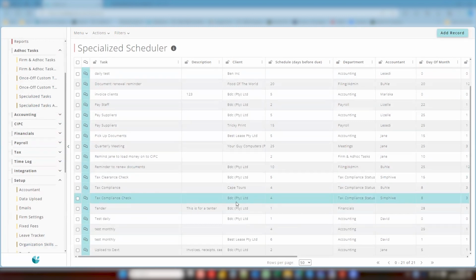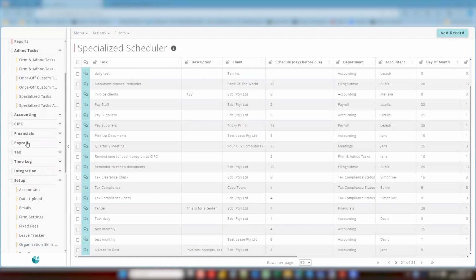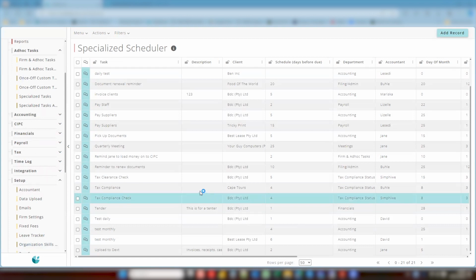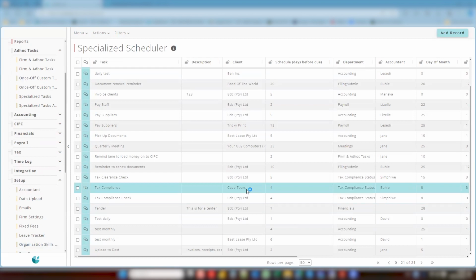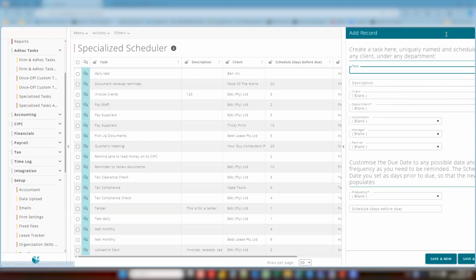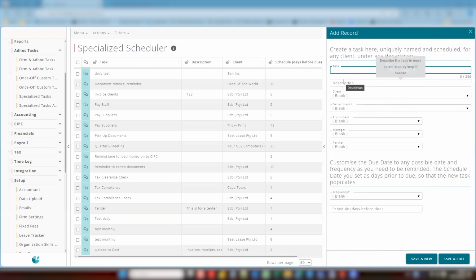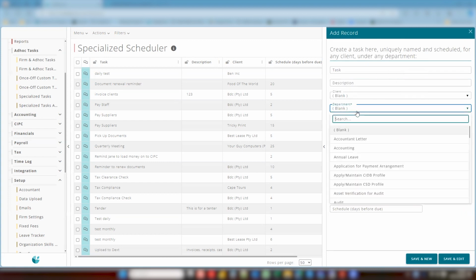So this is any automation that you need that we haven't created our own task table for, but it's a service that you need for a particular client at a set frequency, at a set due date, and you want to be able to be reminded of it at that due date. So you would then add the record, name it whatever you like. You can put a long description here. You then link it to a specific department so that